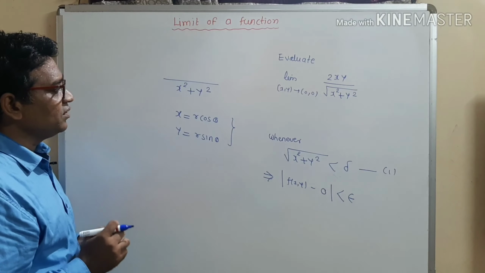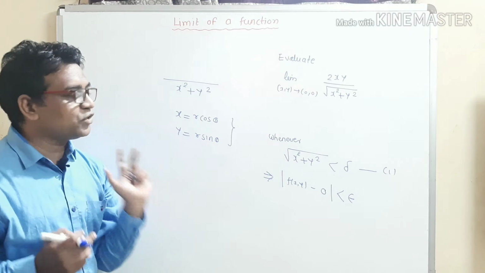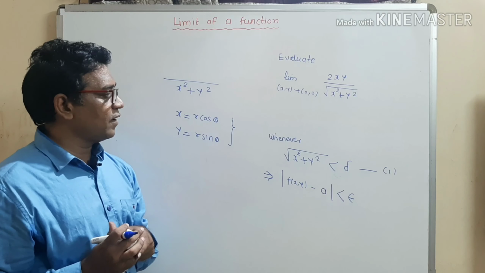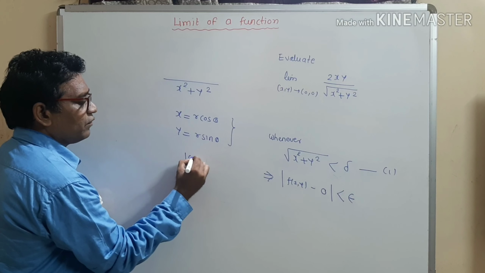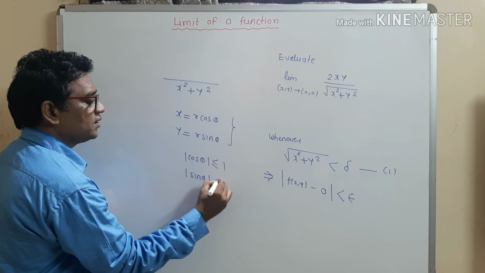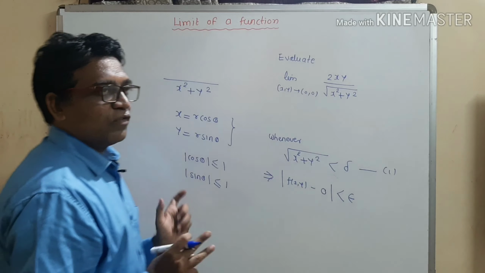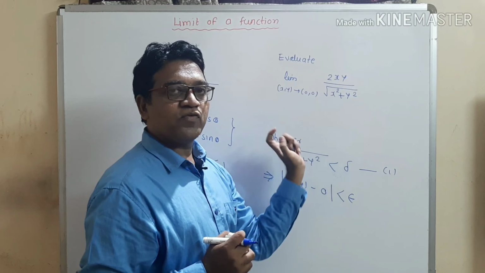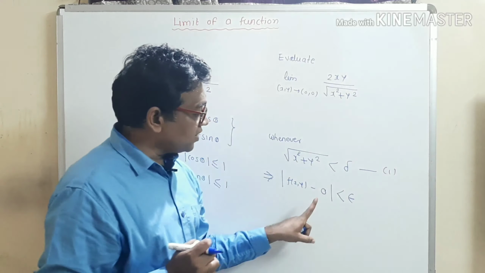What is the second observation? If the denominator contains the factor x square plus y square, then what is the substitution? Put x equal to r cos theta and y equal to r sin theta. And remember again one thing, the maximum value of cos theta is 1 and the maximum value of sin theta is 1. So what is our first observation? If the denominator contains the factor x square plus y square, then we can always find its limit and it is given by the value 0.